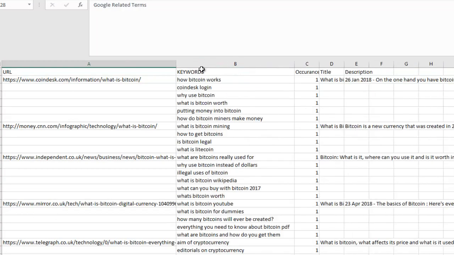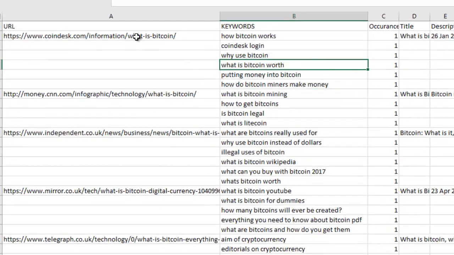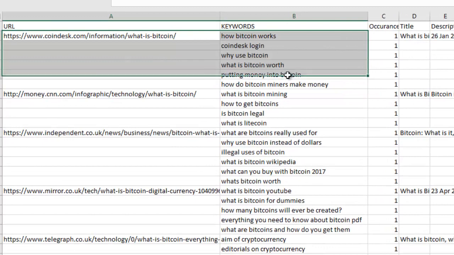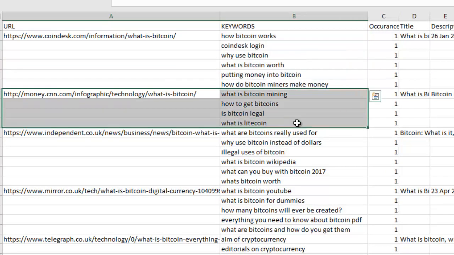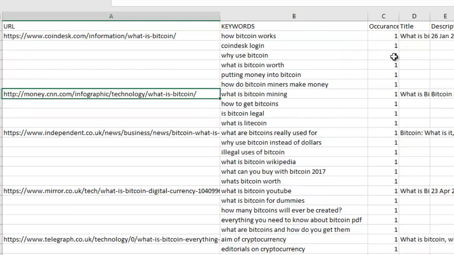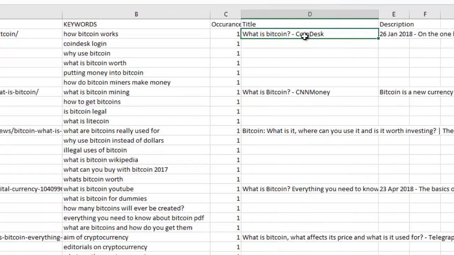And what you can see down here now, guys, is you can see keywords. Now, this group of keywords were found near this website. So all of these keywords here were found for this website here. All of these keywords here were found with this website here, guys. And if you've got the enterprise version, you can also see the title. So we can actually expand this down here, and you can actually see the meta description that these websites are using as well. Okay, so this is really cool now,